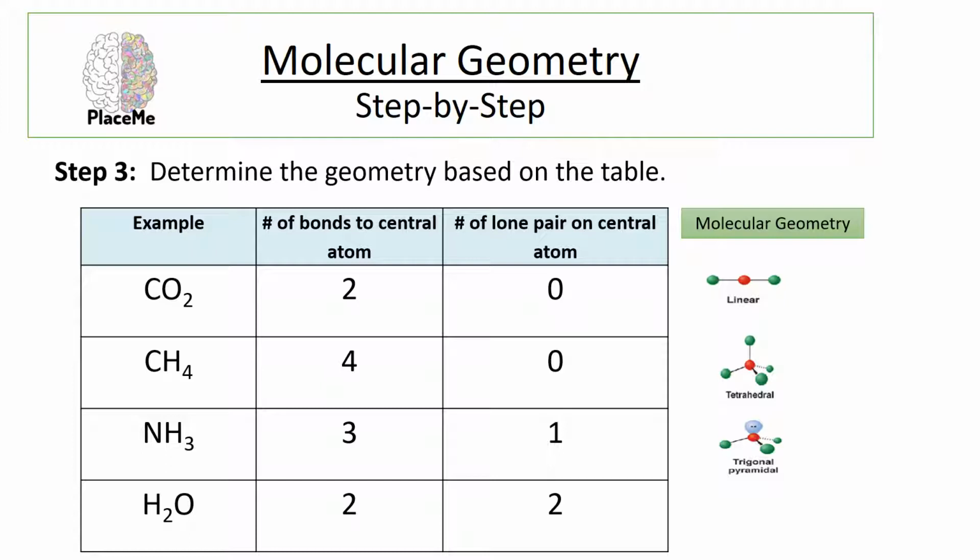And finally, we've got water, H2O. In this circumstance, we have 2 bonds to the central atom. We have 2 lone pairs on the central atom. And when we have a situation like that, you get a bent geometry. So in this bent geometry, you've got these 2 hydrogens. They're tethered to the oxygen, trying to get away from each other, but you also have those 2 lone pairs up there on top pushing